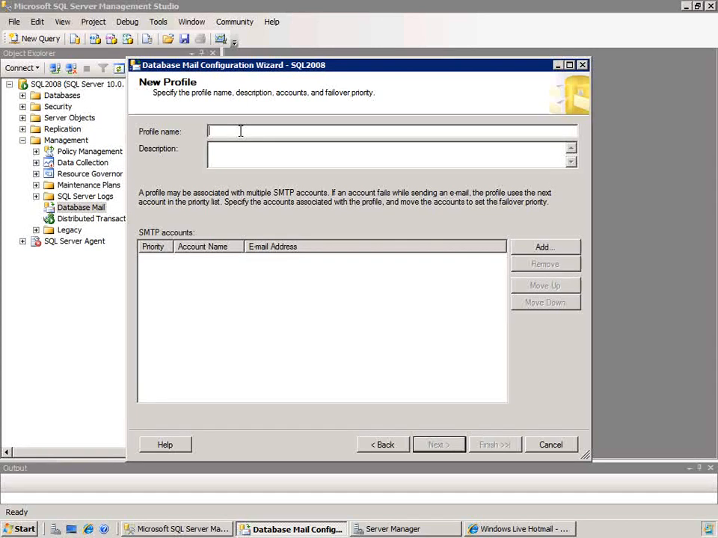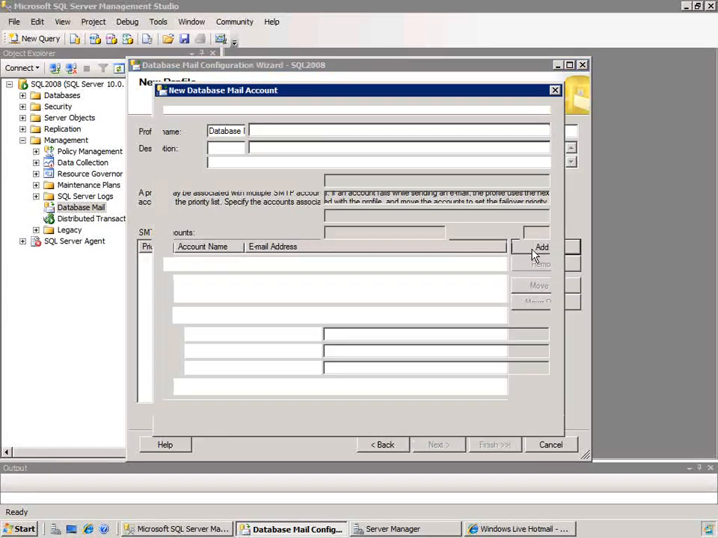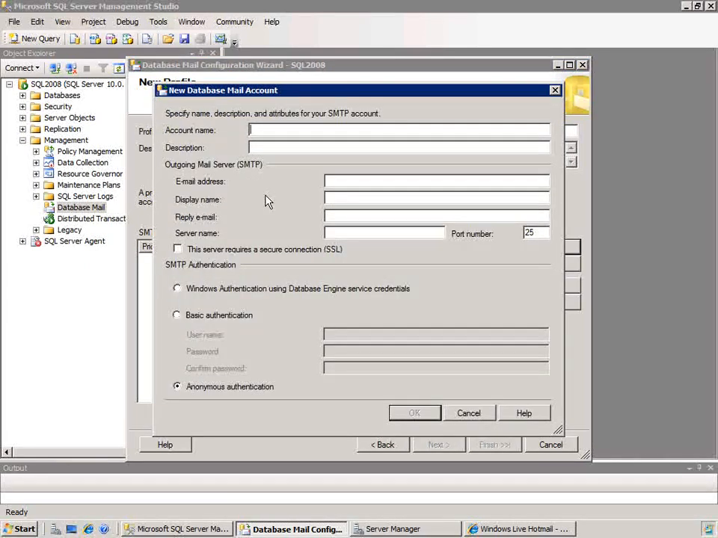It's going to ask me for a profile name. This profile name is something that I can use for many different users to send out email. I'll call it database mail profile 1. And then it's going to ask me to set up some SMTP or simple mail transfer protocol accounts. Database mail uses SMTP, and I'll set up my account,